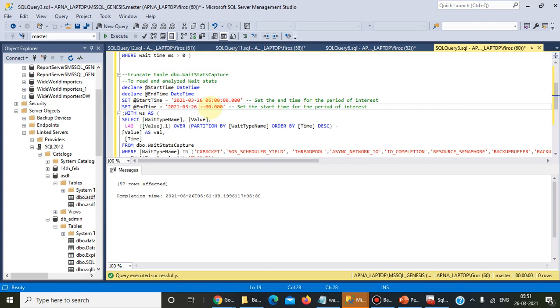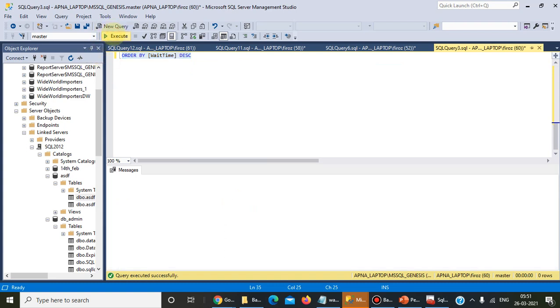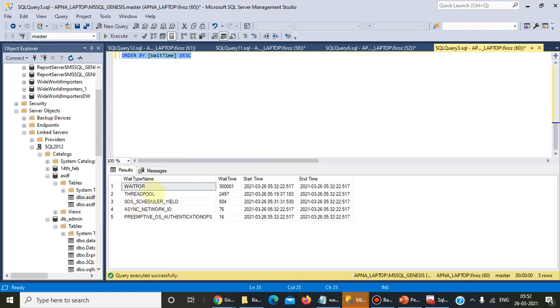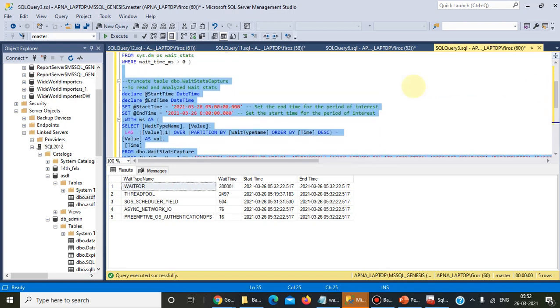I'm changing this time to 6 o'clock. By running this select query, we can see that the WAITFOR wait type is recorded in our baseline.